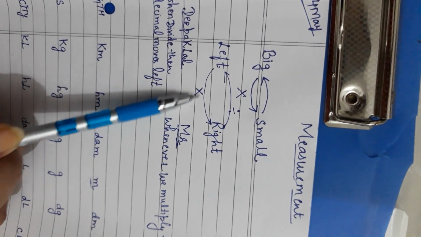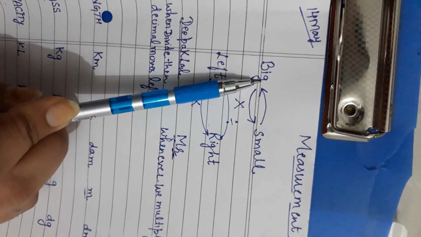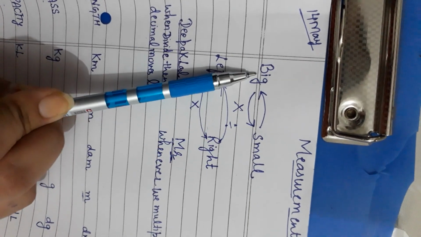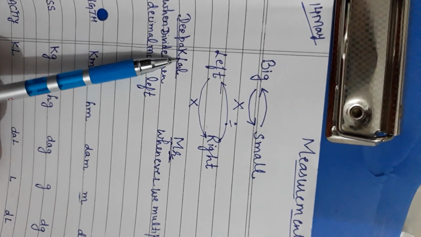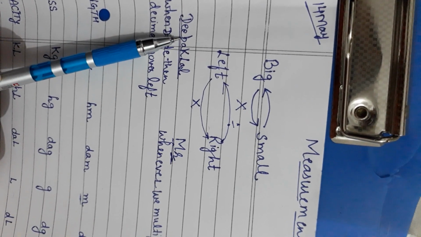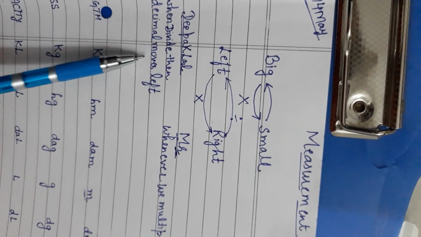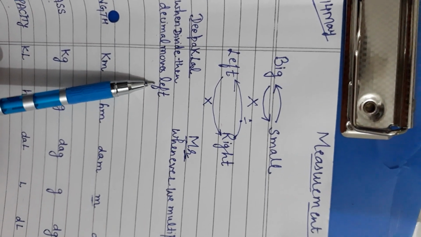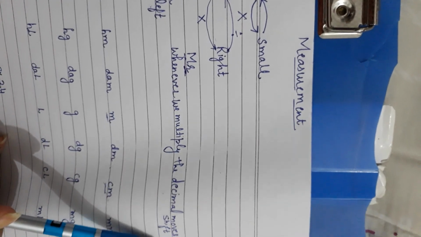ਸੋ ਵੈਨ ਐਵਰ ਵੀ ਮੂਵ ਟੂ ਰਾਈਟ ਵੀ ਹੈਵ ਟੂ ਮਲਟੀਪਲਾਈ. ਸਿਮਿਲਰਲੀ ਵੈਨ ਵੀ ਮੂਵ ਟੂ ਲੈਫਟ ਮੀਨਸ ਜਦੋਂ ਬਿੱਗਰ ਯੂਨਿਟ ਵੱਲ ਕਨਵਰਟ ਕਰਦੇ ਆ, ਛੋਟੇ ਵਾਲੇ ਨੂੰ ਬਿੱਗ 'ਚ ਕਨਵਰਟ ਕਰਦੇ ਆ, ਦੈਨ ਵੀ ਹੈਵ ਟੂ ਡਿਵਾਈਡ. ਮੀਨਸ ਜਦੋਂ ਵੀ ਆਪਾਂ ਡਿਵਾਈਡ ਕਰਨਾ ਤਾਂ ਡੈਸੀਮਲ ਹਮੇਸ਼ਾ ਲੈਫਟ ਮੂਵ ਕਰੇਗਾ, ਜਦੋਂ ਵੀ ਆਪਾਂ ਮਲਟੀਪਲਾਈ ਕਰਨਾ ਤਾਂ ਡੈਸੀਮਲ ਹਮੇਸ਼ਾ right ਮੂਵ ਕਰੇਗਾ.